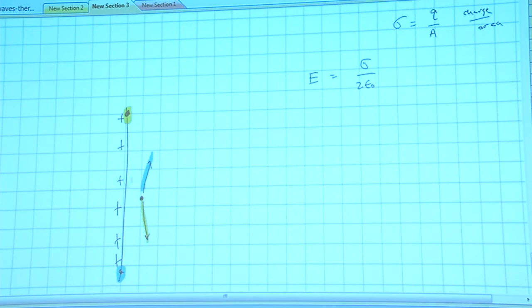So the stuff that has a lot of effect is in here, right? Oh, you should use a different color. This stuff has a big effect, right? And you're close to it, and it has a big effect. And the stuff that you're far away from has very little effect because it's all canceling out because of the angle. If you're out here,